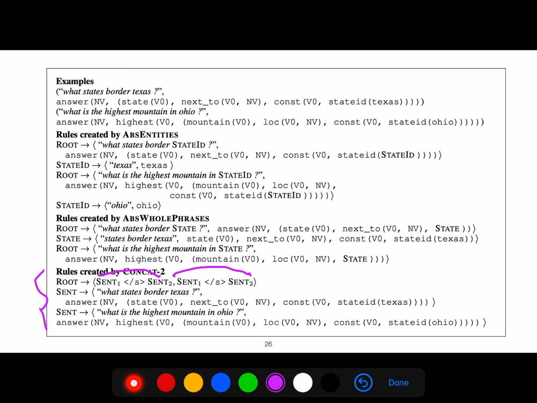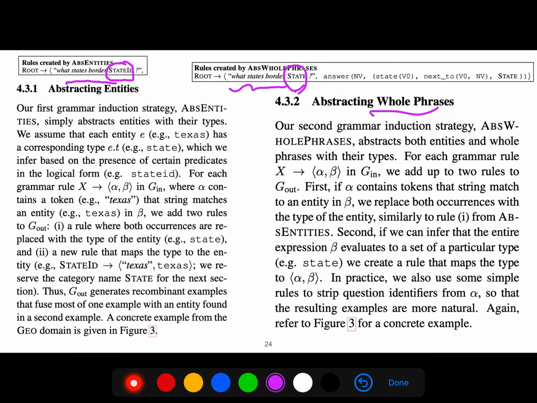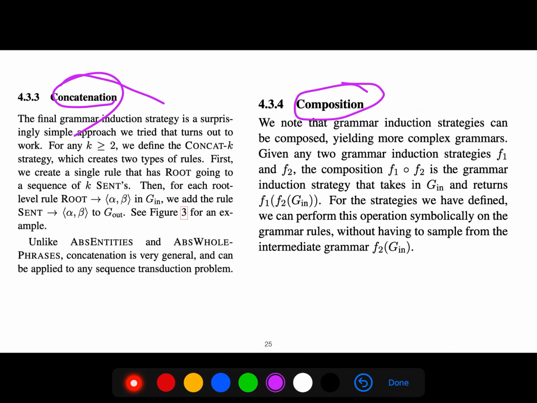For example, sentence 1 is what states border Texas, and the second sentence is what is the highest, so we concatenate them. The other one is composition of any of these techniques. For example, combine concatenation with abstract entities, or combine abstract whole phrases with concatenation, and so on.